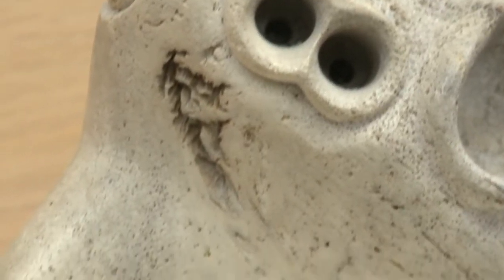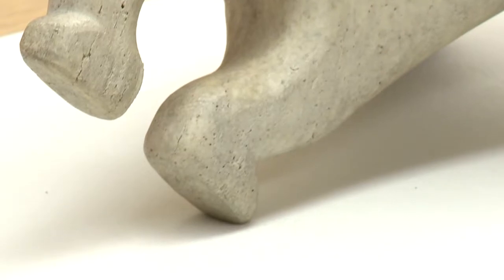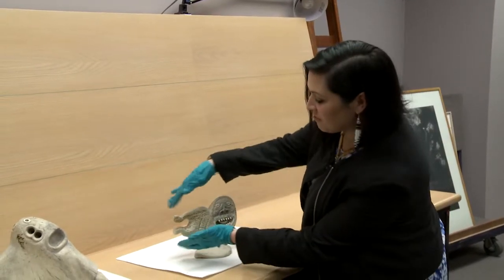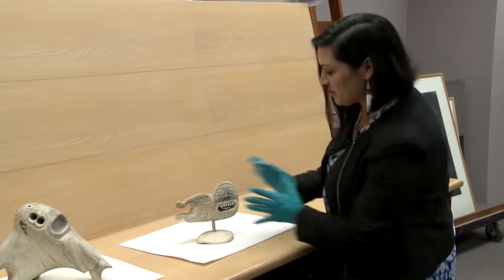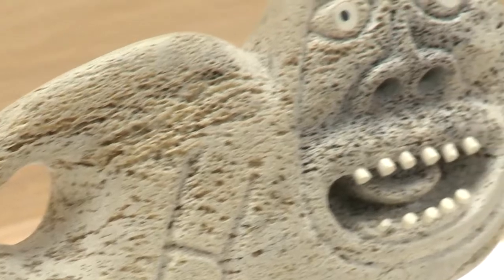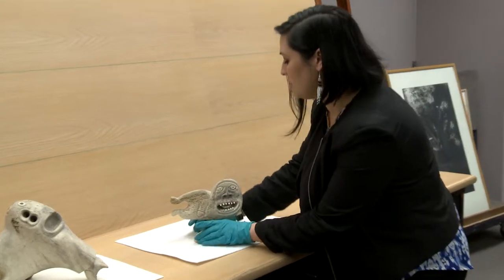The exaggerated nostrils and mouth and the blending of features and the melding of expressions together is a distinct feature of Ashevak's work. In this piece, we can see almost the same shape with the feet as you see here, and we've got this flying spirit kind of an image. This work is a little bit more like a fish transformation than any other. If I turn it around,